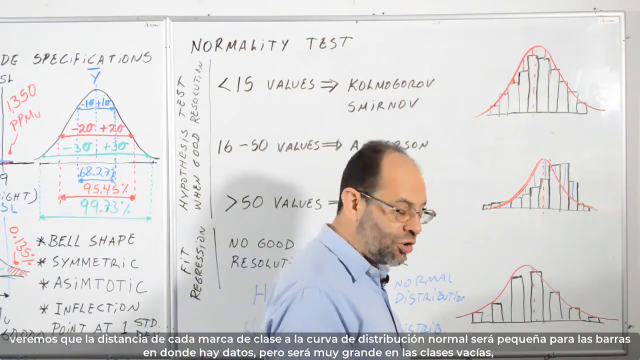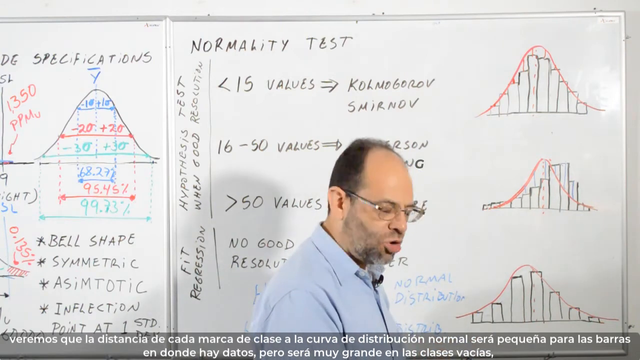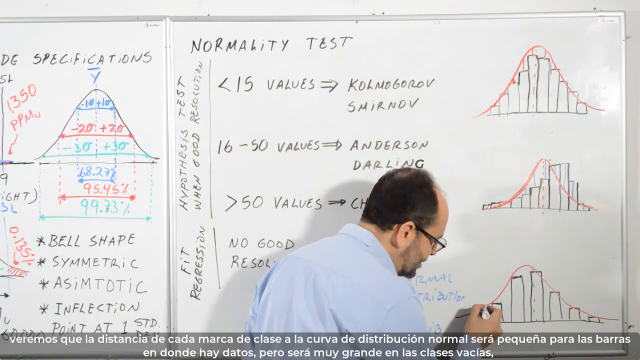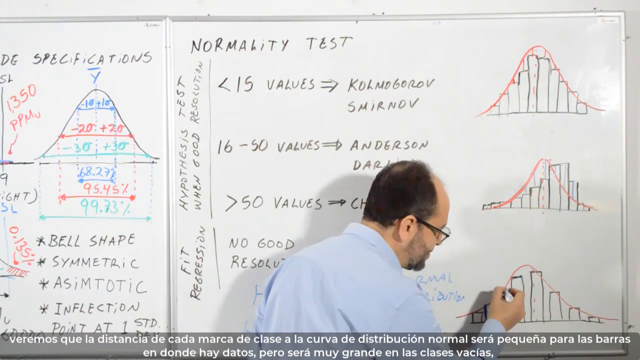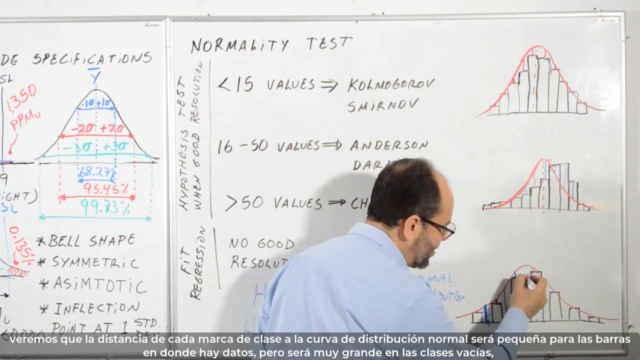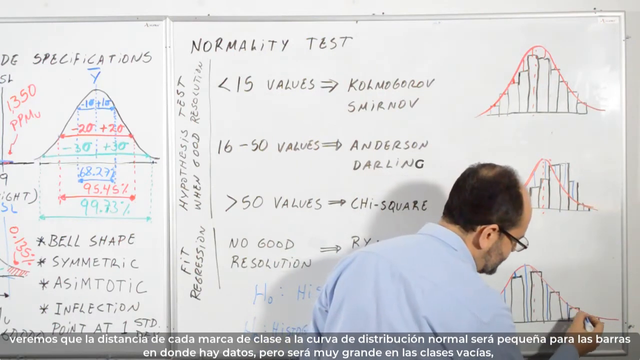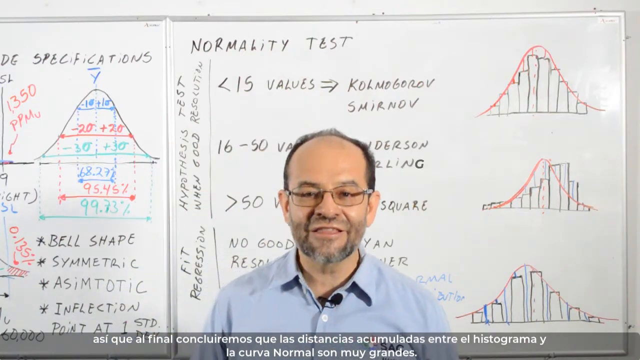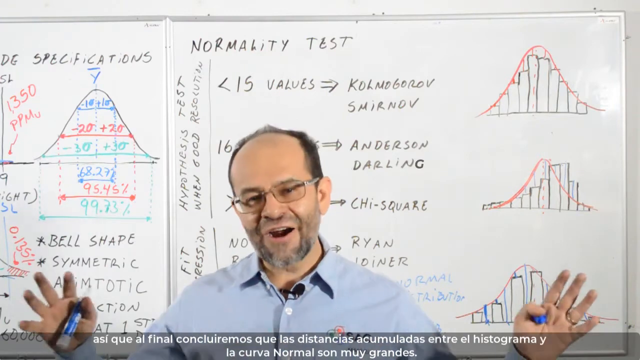your conclusion is going to be this one. The distance between this bar and this curve is small. But the distance between the center of this bar and this curve is big. This is small, but this is very big. This is small, big, small, big, small, etc. So at the end, you will conclude that the distances between the histogram and the curve are very big,